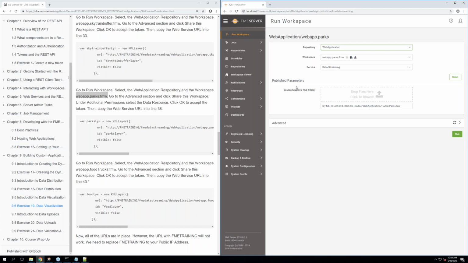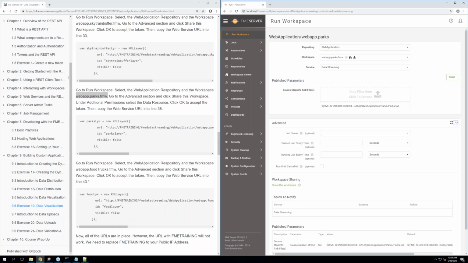And this Parks workspace has a published parameter, which connects us to a shared resource. So this one's going to be a little different, but again, open up the Advanced panel, go to Share this workspace,